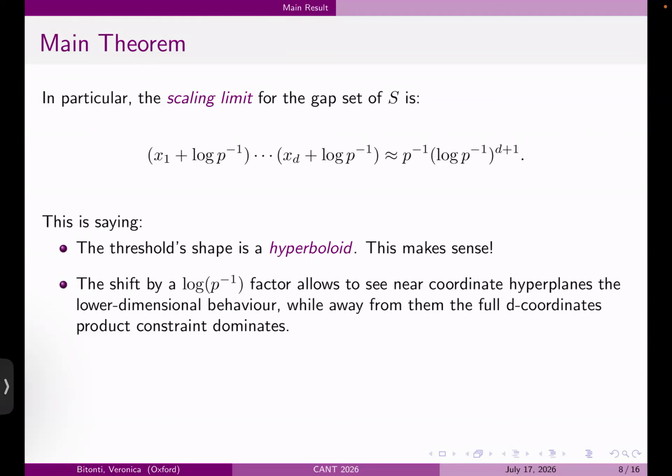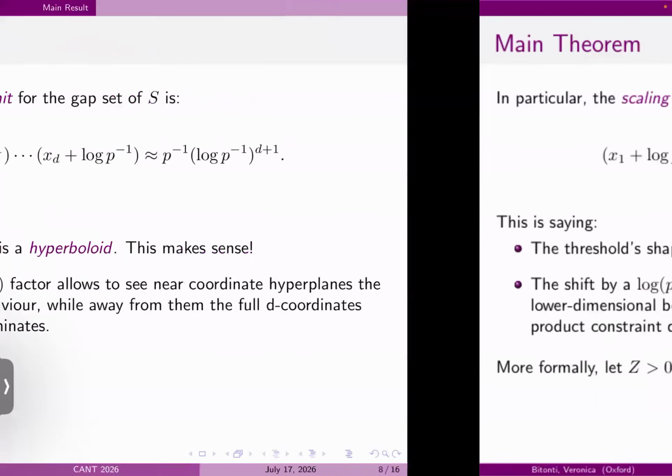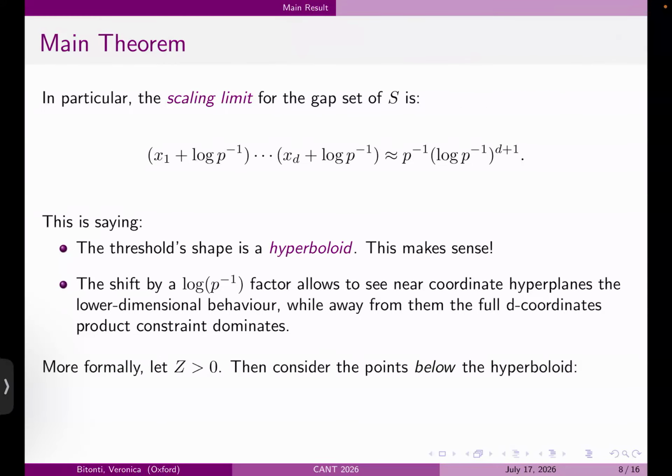So that shift allowed us to describe the scenario exactly like this, being able to consider separately the case near the coordinate axes, the coordinate hyperplanes, and away from the hyperplanes. Okay, and more formally, to be able to describe our main result, let's consider for now any positive integer